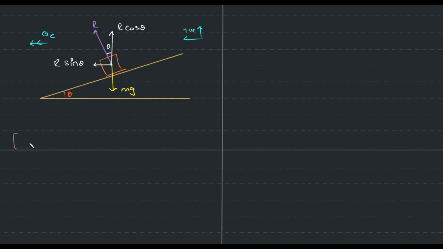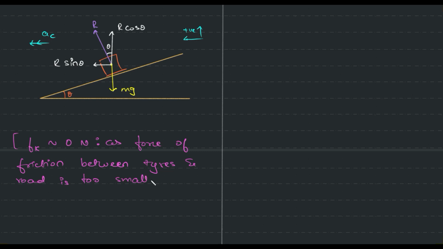Now, if friction is approximately taken as 0 Newton, this is for our understanding, the force of friction between tires and the road is too small to provide. It is there, not that it's not there, but what we need at the speed that,